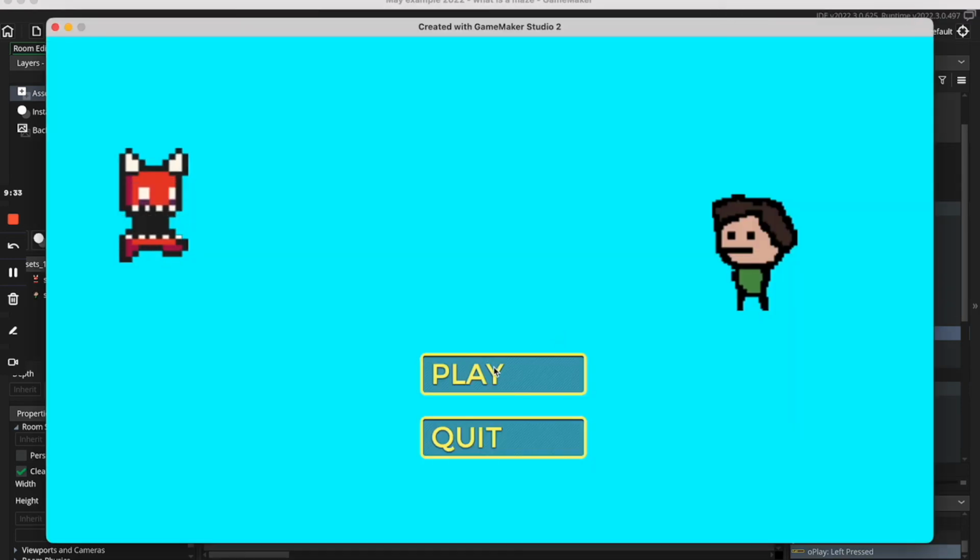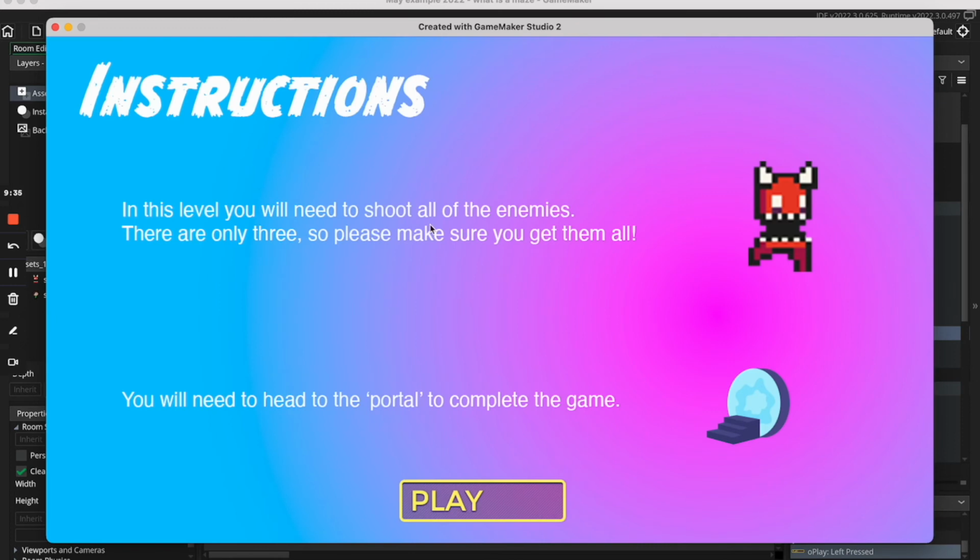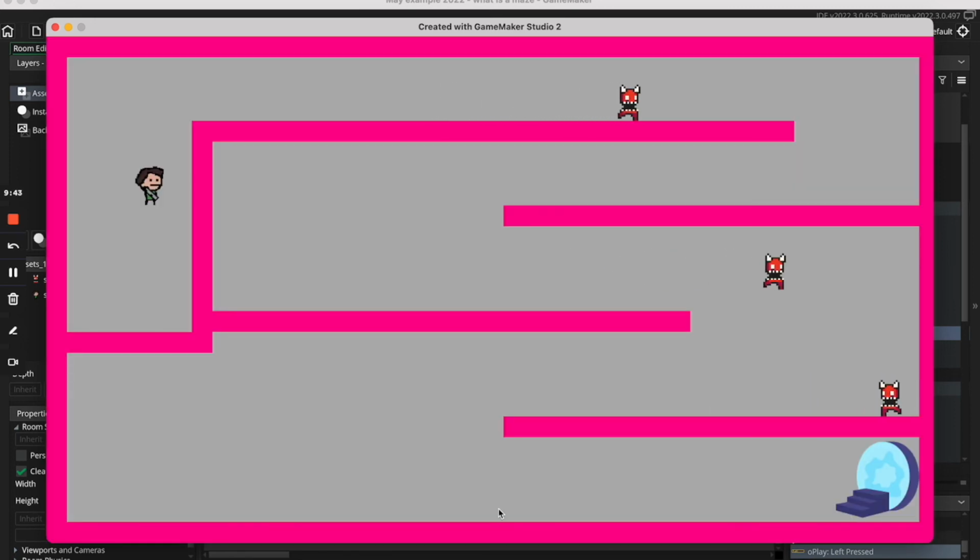when we click on play, this takes us to the instructions where you can read what you need to do. There you are, we're happy, let's click on play. And it takes us then to the menu system, sorry, the correct level that we need. Now, if you wanted to do that for every single one, you can. What you'll notice is, if I just shoot this,